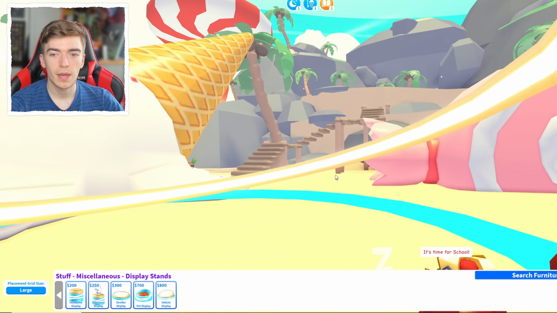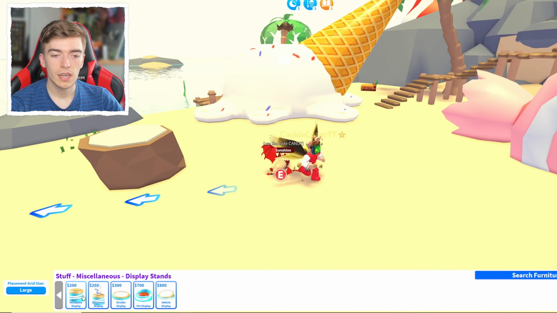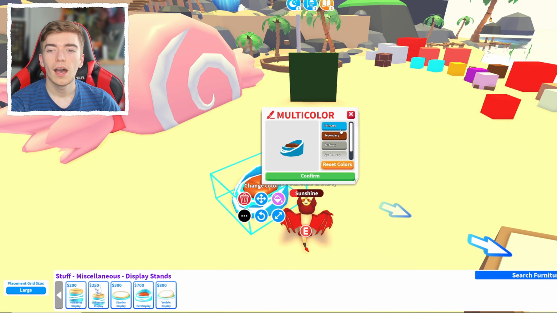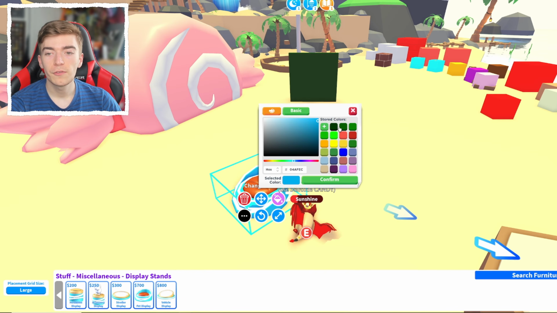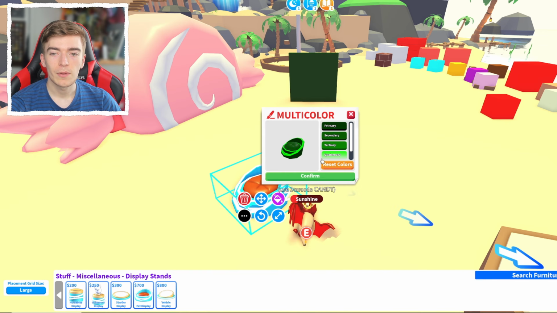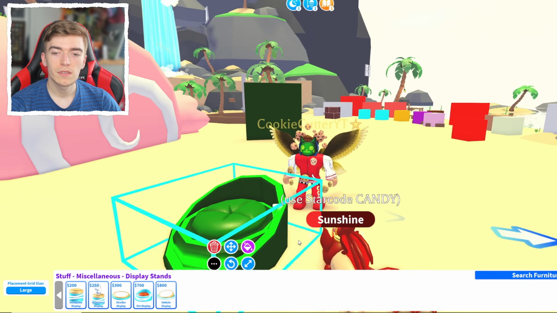Can you change the display? Oh, it's massive. Let me out, let me out. Okay, can you change the pet display stands holder colors? You can, which is nice. So as you can see on this, there's actually 4 different colors that we can go and choose from, which is pretty cool. So for this, we're going to go and select one of each of our colors that we selected earlier. And now as you can see in my preview, this thing looks pretty cool in comparison to the